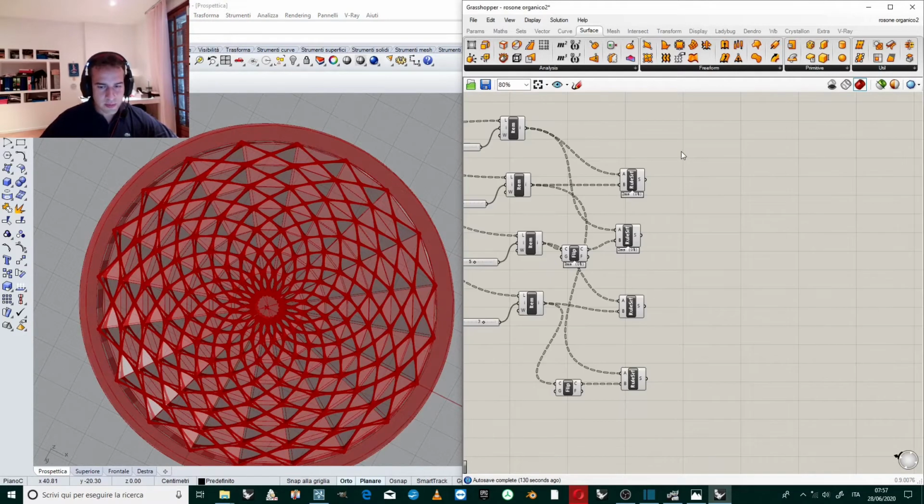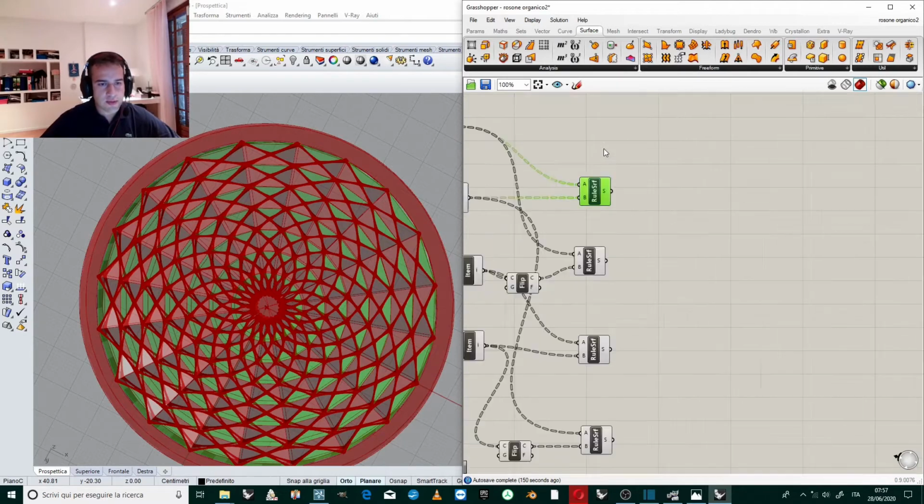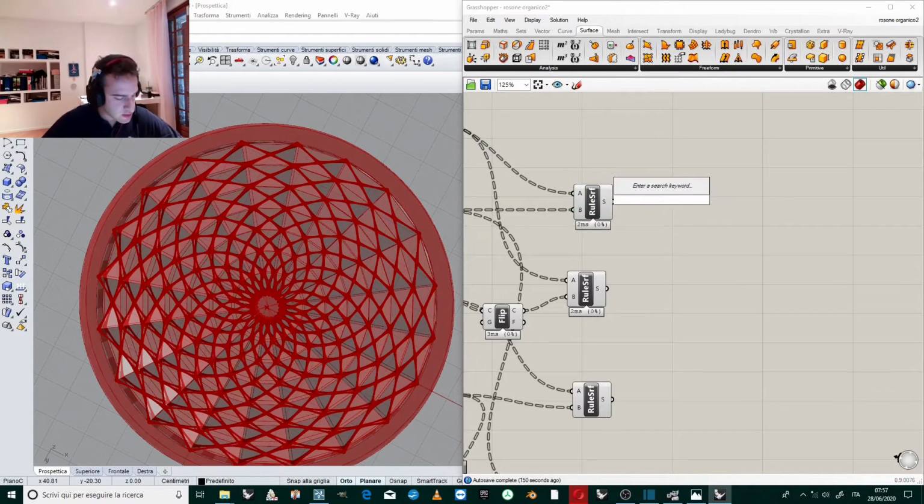So what we can do is create some gradients that vary depending on the distance from the center. So first of all, we create a copy of this surface,